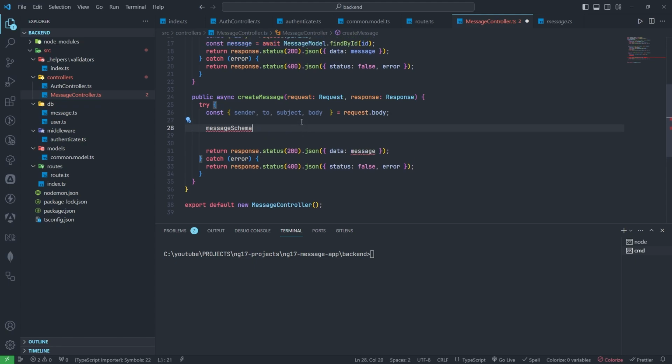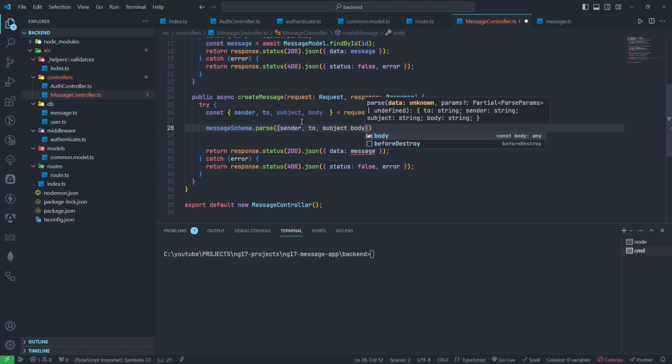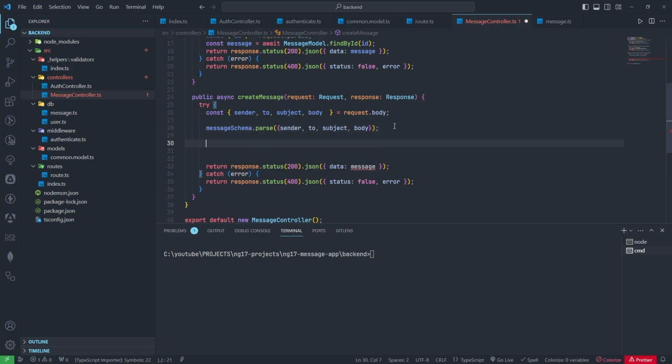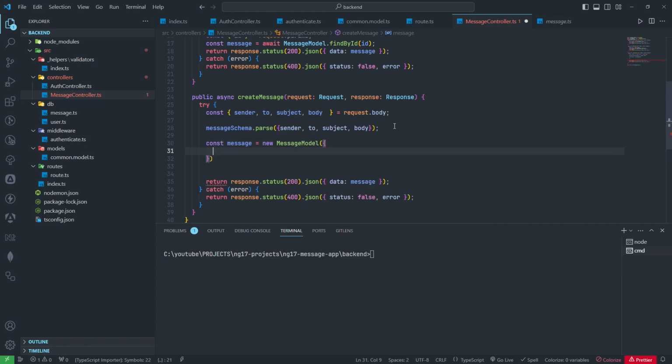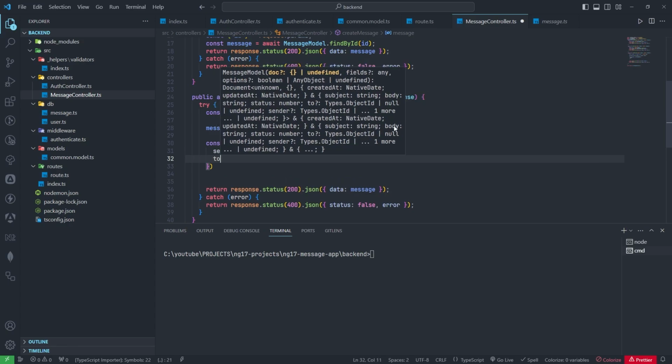Okay, now I can call this here dot parse. First of all, I need to import this. Then I will add the parse here. Inside this, I will pass sender, to, subject and body. Okay, I can pass like this. Okay, comma I need to add actually. Okay, now we can add const message, and I will add new message model. Inside this, I will add sender to new